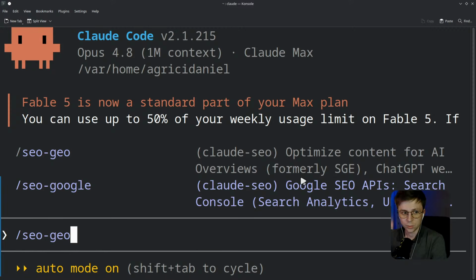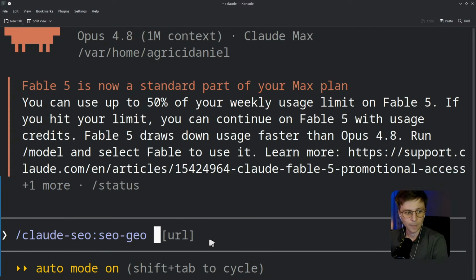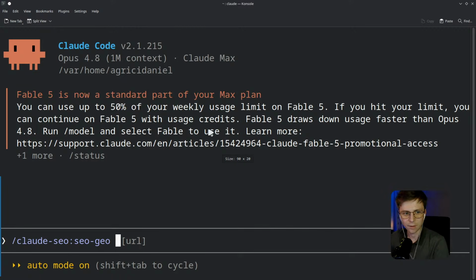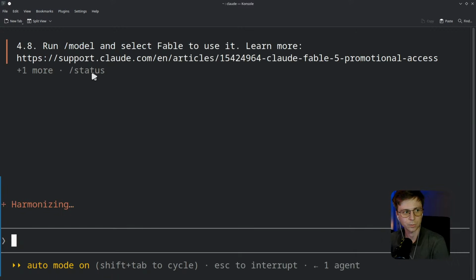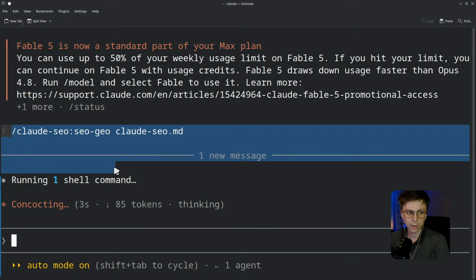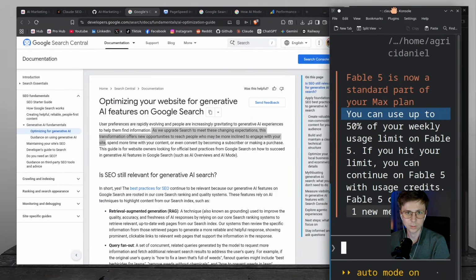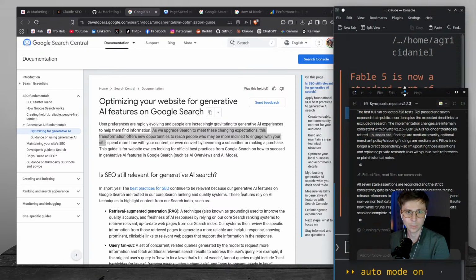Optimize content for AI overviews, formerly SGE, ChatGPT, Perplexity, and others. And here, when you click on this, you have, let me try to make it smaller. I've reached my limits, that's why once again, everyone, I'm using Codex right now. But here, the process is very simple. Claude SEO.md. You just run this command and everything related to the current optimizing your